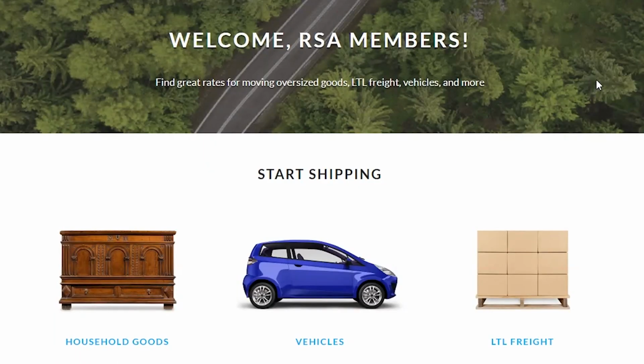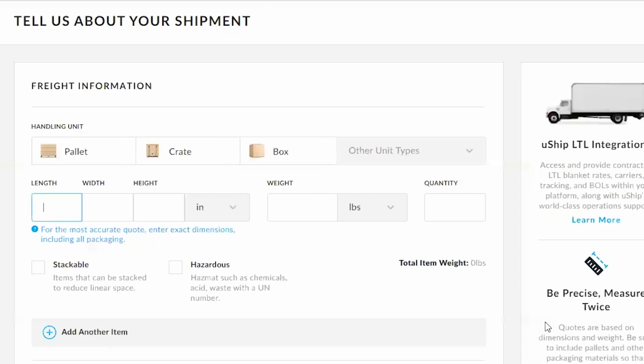This is an educational video that will teach you how to move LTL freight, pallets and crates on uShip. From your RSA homepage, you will click on the LTL freight icon. You will then select pallet,